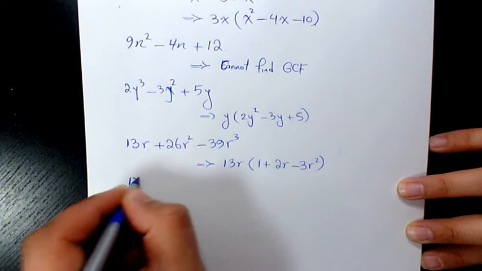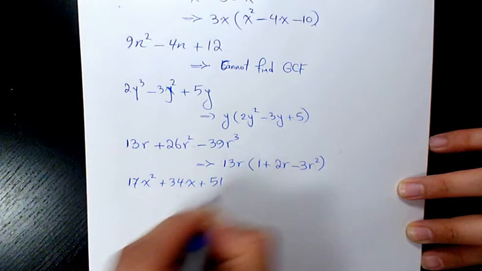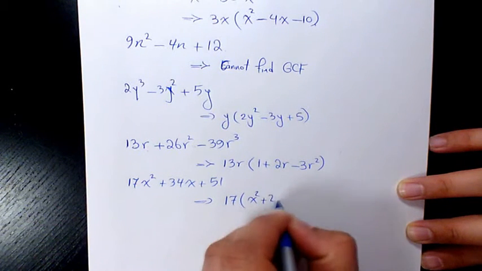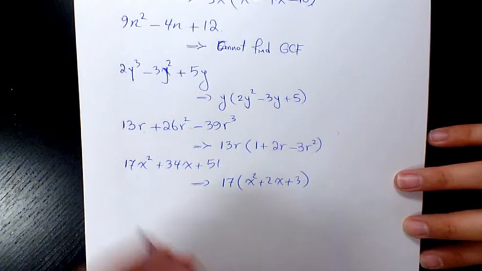17x squared plus 34x plus 51. We can factor 17 here. It's going to be x squared plus 2x plus 3. Next one is